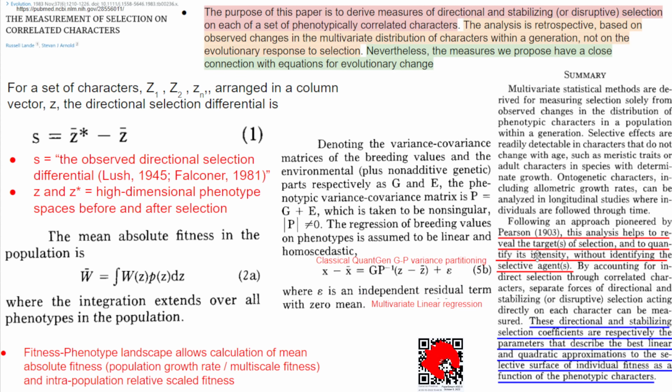And then Lande and Arnold write, following an approach pioneered by Pearson in 1903, this analysis helps to reveal the targets of selection and to quantify its intensity without identifying the selective agents. By accounting for indirect selection through correlated characters, separate forces of directional and stabilizing or disruptive selection acting directly on each character can be measured. These directional and stabilizing selection coefficients are respectively the parameters that describe the best linear and quadratic approximations to the selective surface of individual fitness as a function of the phenotypic characters. So that is pretty interesting in light of the Laplace approximation and the implications there in Bayesian mechanics, free energy